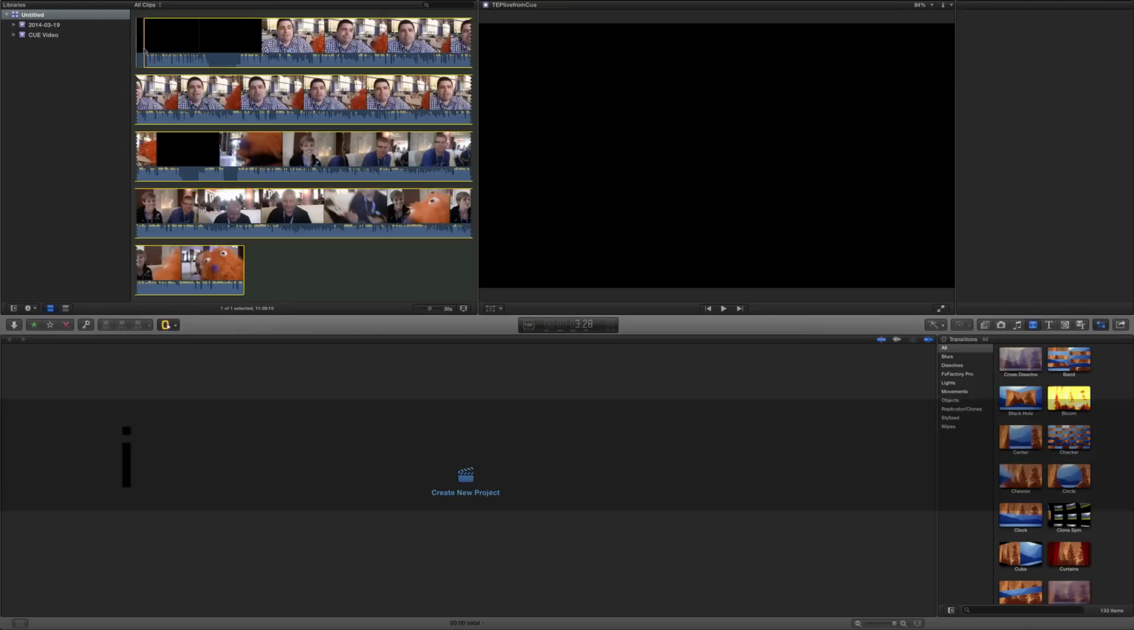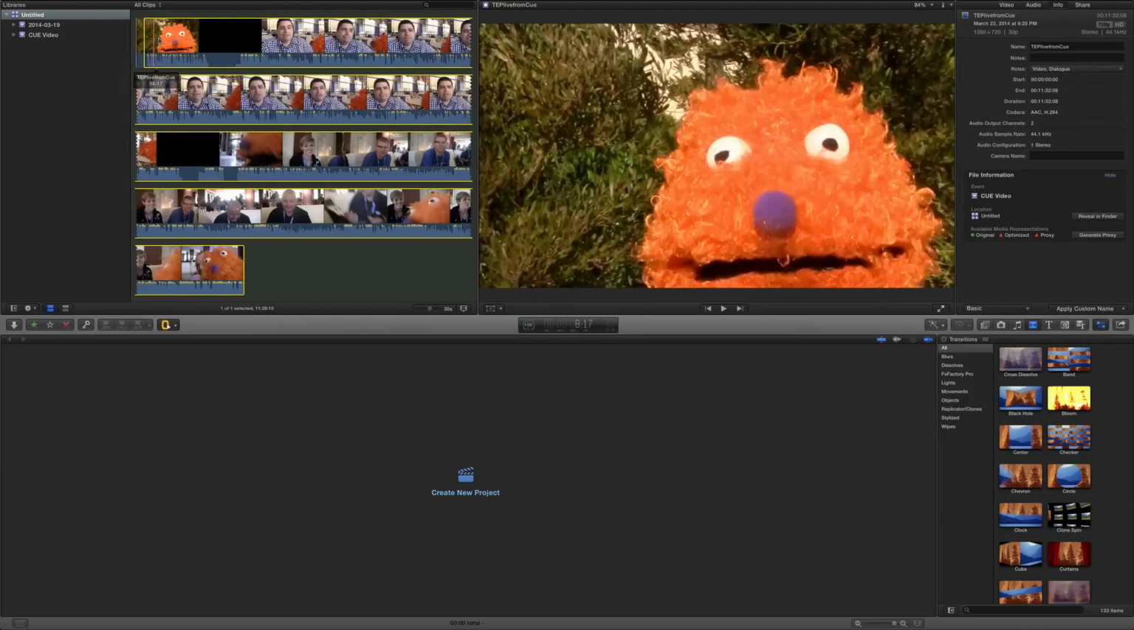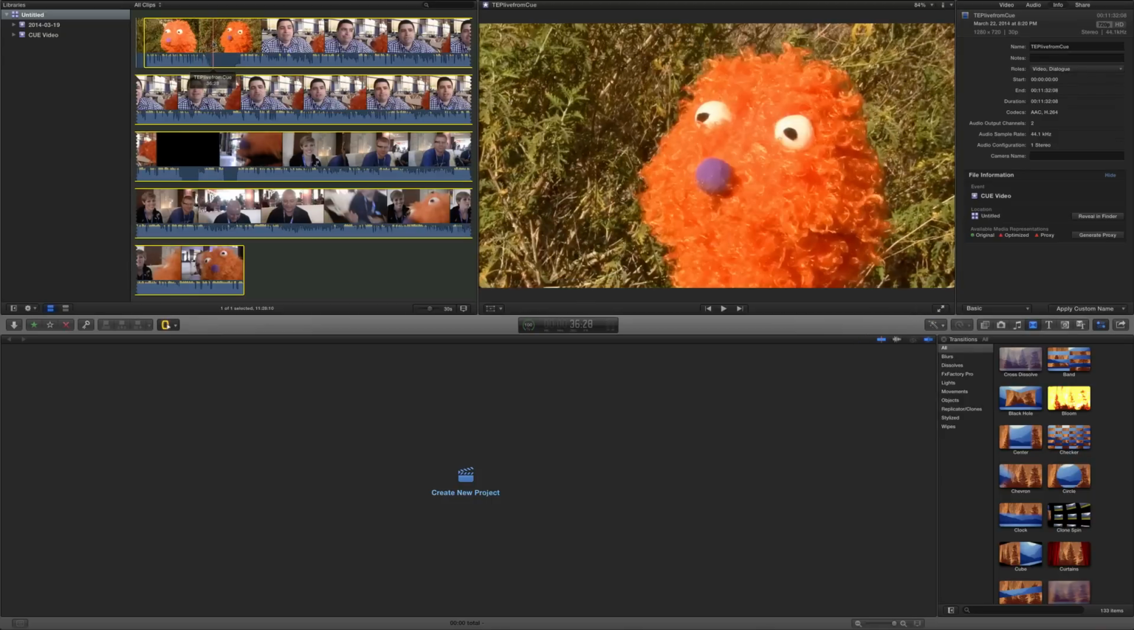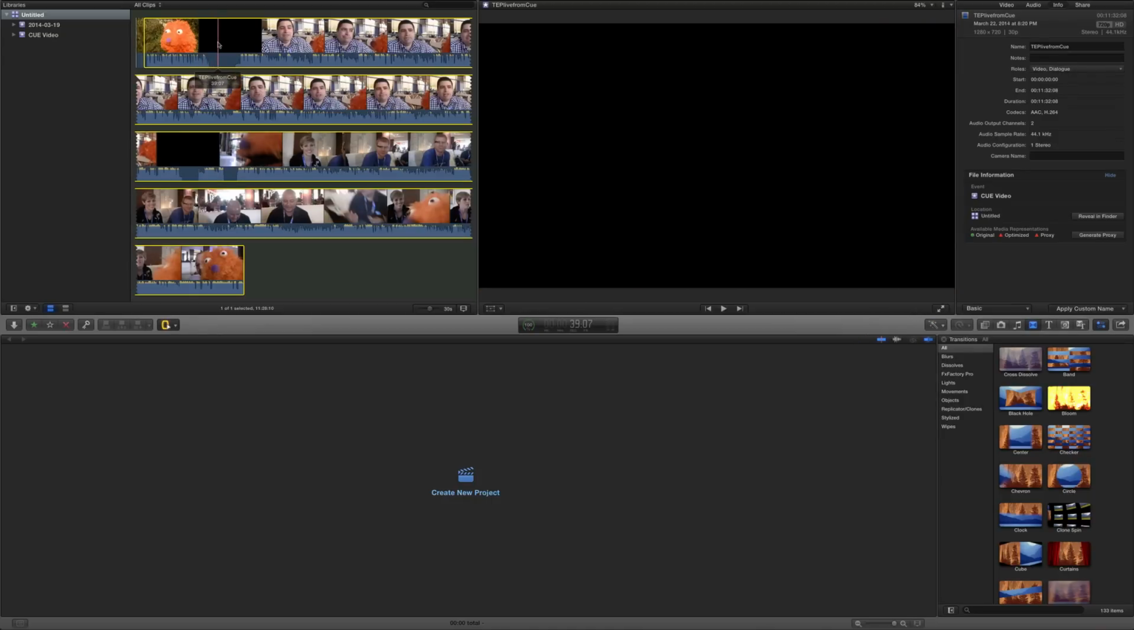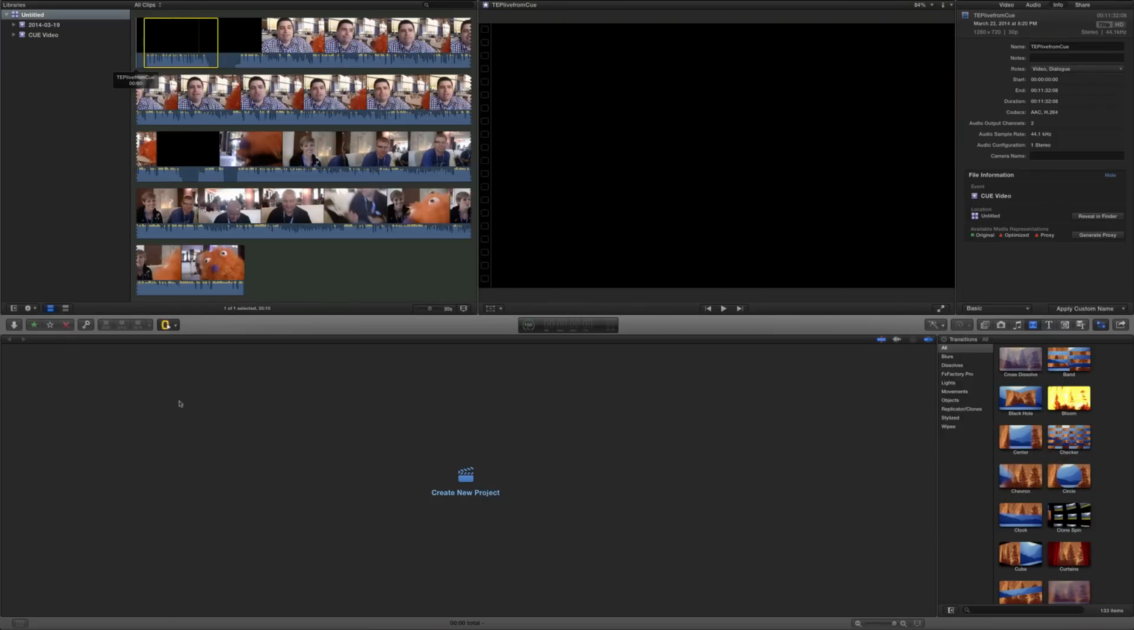So I'm going to hit I. And if you notice, that brings the in point here. And I'm going to skim down here to where there's another black area, and I'm going to hit O for output. And there is our input and our output. Now, I could take this directly down into the timeline and start working on our project, but I want to